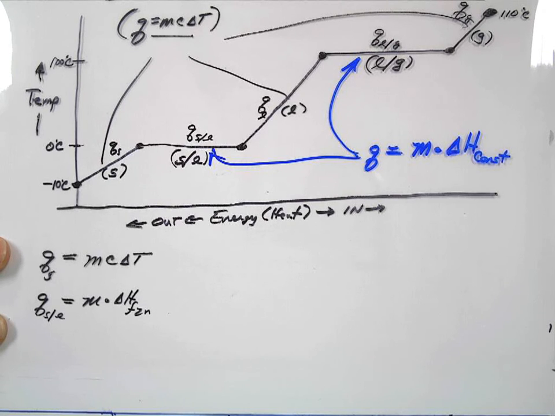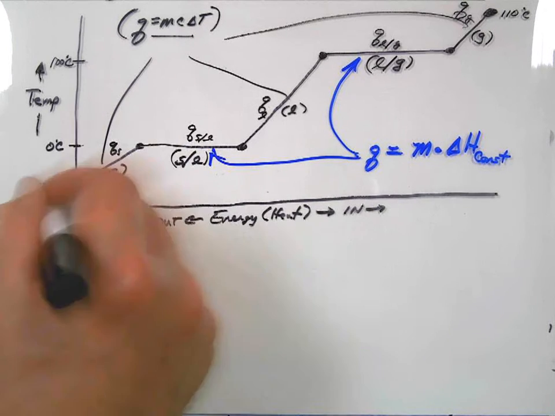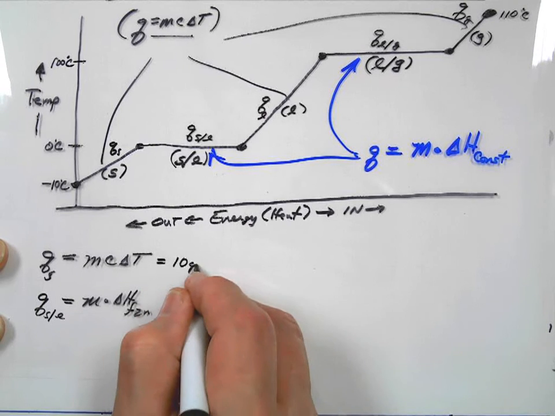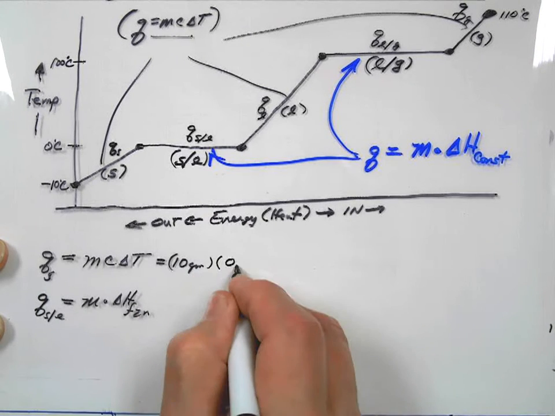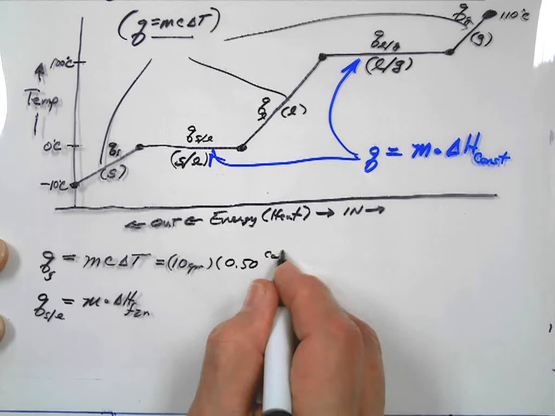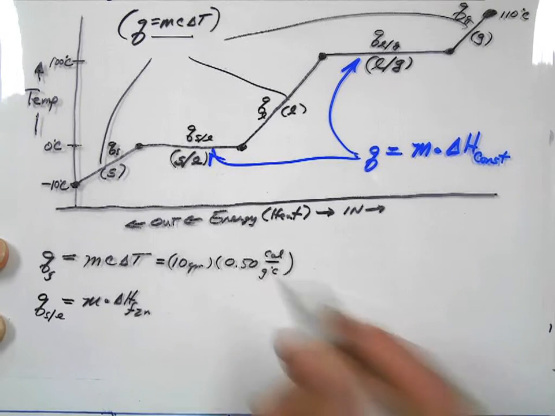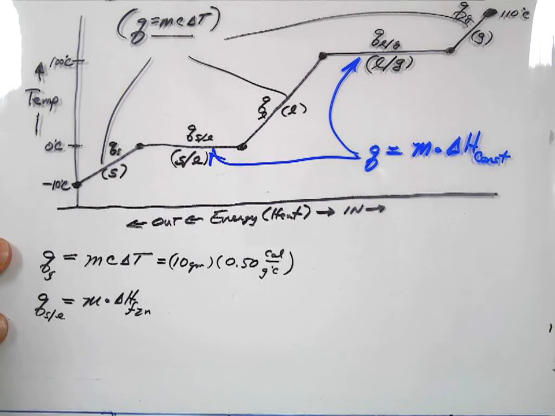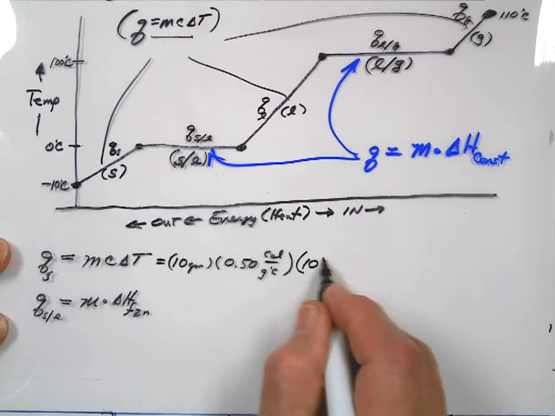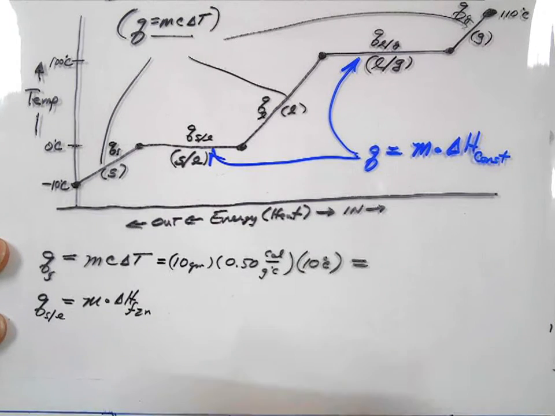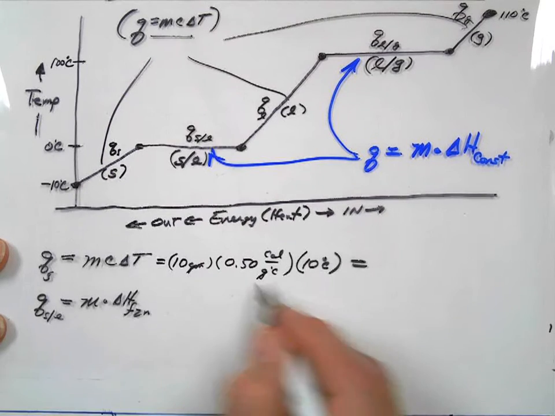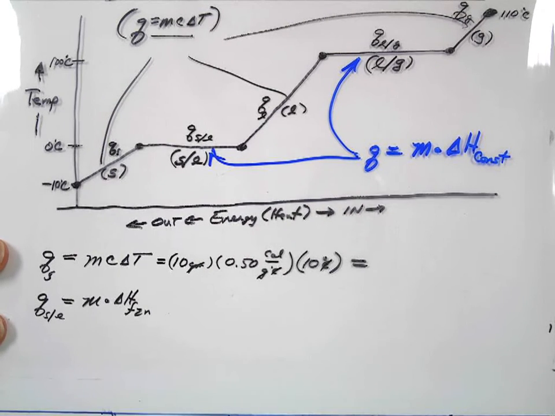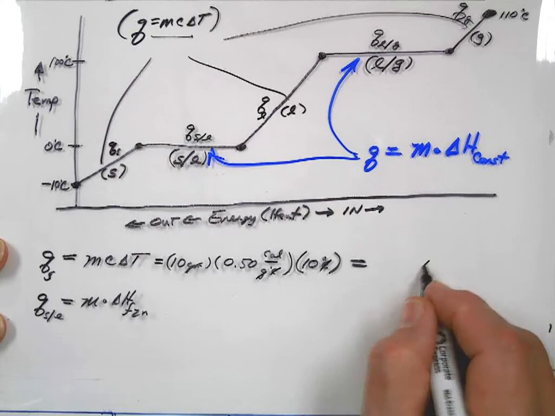Like that. So in the first case, we have 10 grams times 0.50 calories per gram degree Celsius. This could be, of course, done in joules if you wanted to. Calories is a lot simpler than the presentation. And we have a 10 degree Celsius change. And if you'll notice, the grams will cancel, the units of temperature will cancel, and we're left with energy units only. And so that is 50